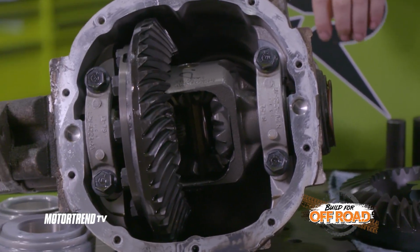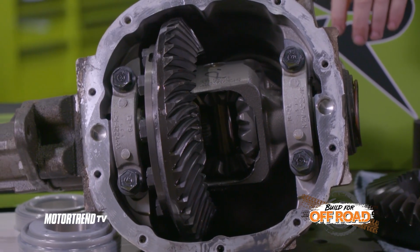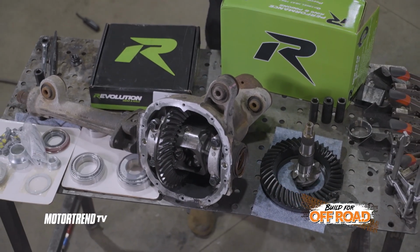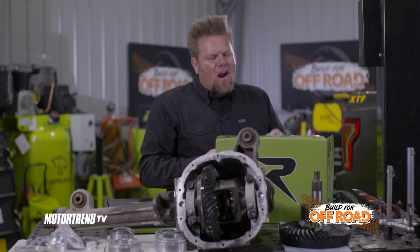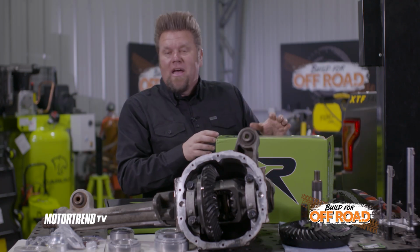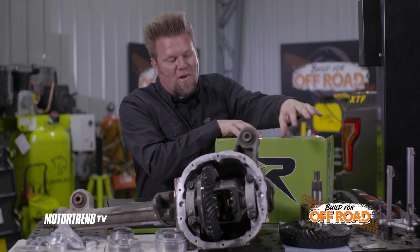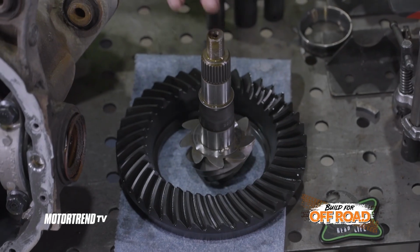Revolution Gear and Axle, 41 years making gears. They are veteran owned and operated. They are heat treated for optimum strength. They are precision machined and they come lapped. And they also have very, very high quality gears always inside the box. So when you pull a set of Revolution Gear and Axle gears out, you know that you're going to get a